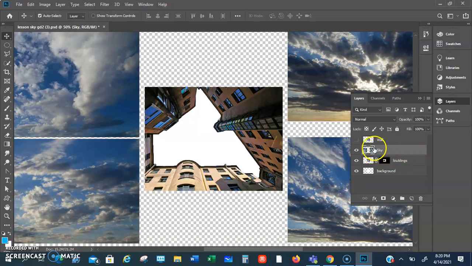With the sky layer selected, now guys, we're going to start cloning. Basically what we're going to do is take samples from all of these skies here, and we're going to start painting our background. It asks you to do some